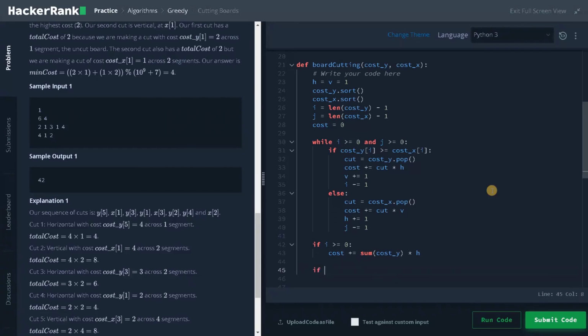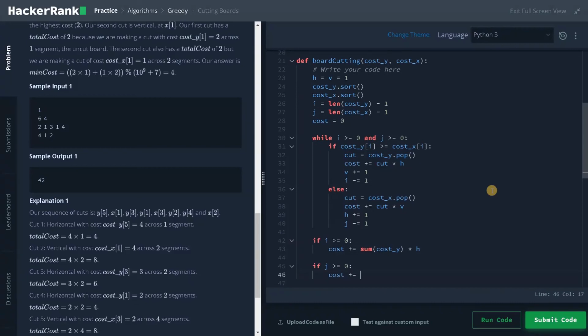And similarly, if j greater than or equal to 0, cost plus equals sum of cost of x multiplies v. So why am I adding all the cost and directly multiplying it by h? So when any one of the lists is empty, we are just adding the remaining cuts as a total and multiplying it by the horizontal splits. So here we are just directly multiplying by h.